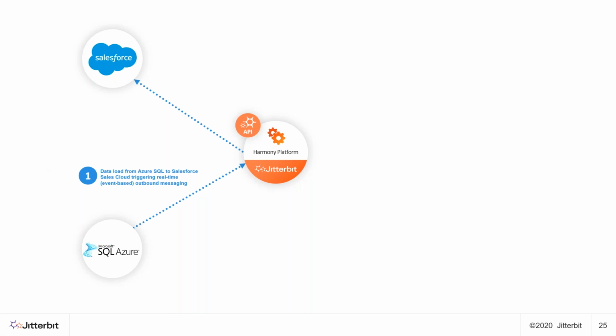So in my demo lab, I'm using SQL Azure, a Microsoft SQL Server. It could be any database, any ODBC, JDBC compliant database, on-premise or in the cloud. In my case, I'm using Microsoft SQL Azure. So I'm going to data load some student information into Salesforce using Jitterbit Salesforce Connector. And what that does, when the records arrive in Salesforce, it triggers a workflow rule that fires an outbound message.